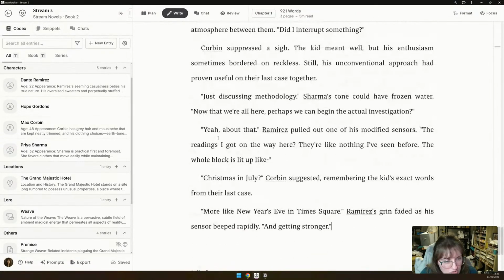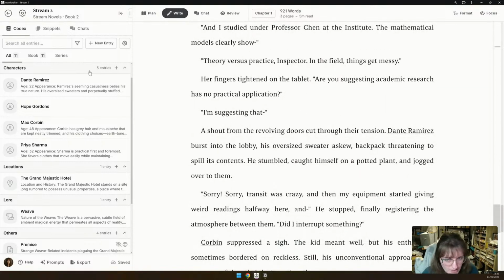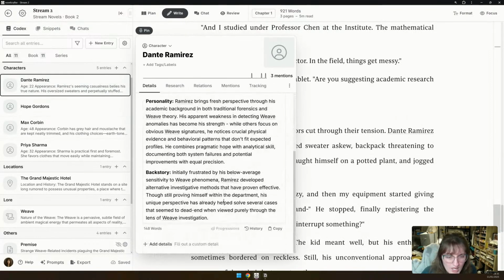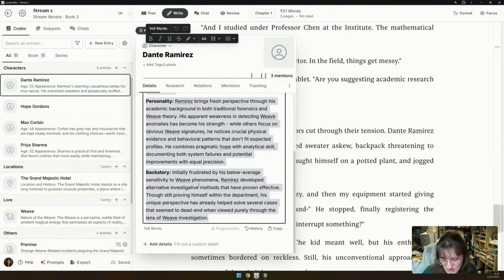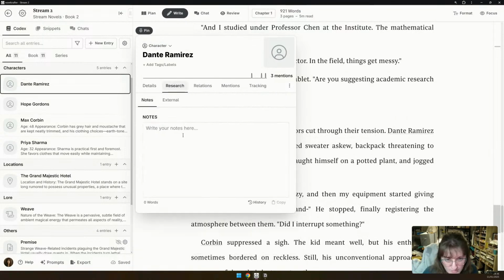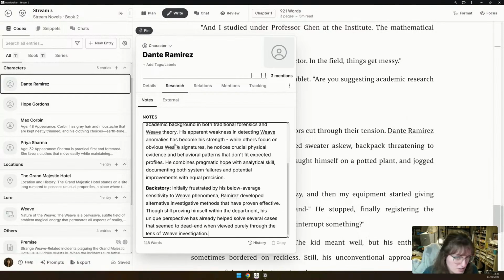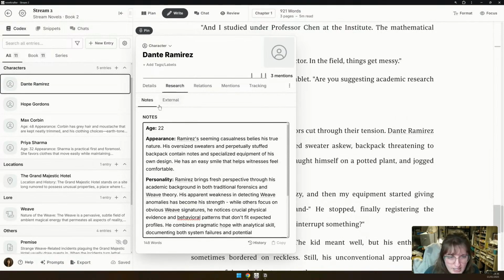I am going to do some very simple edits to everything just to try and see if I can improve the characterization. I'm going through and being like, okay, well, if a lot of information is getting dumped out, then I need to not give the AI that information. So I have these fairly big entries, so I'm going to remove them, put them into research and then notes, so this isn't seen by the AI.